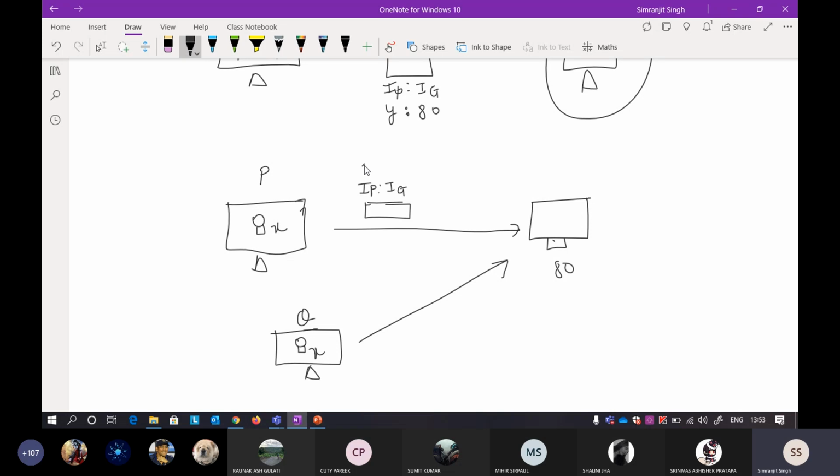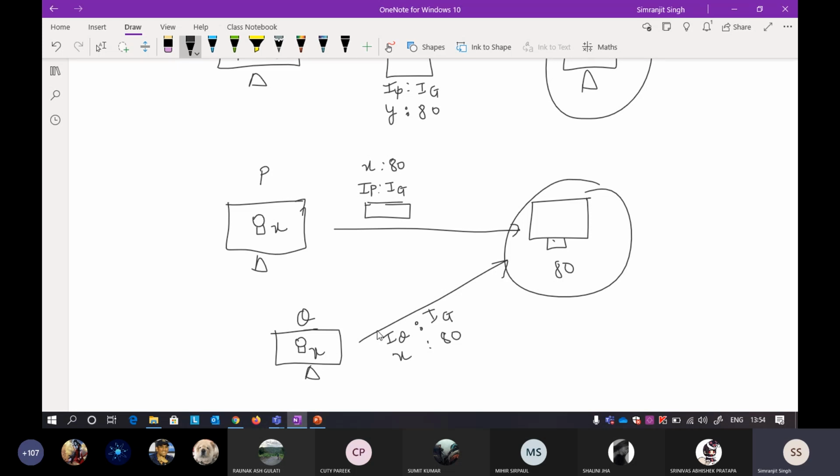The port number will be X and it will be 80. In a similar way, the source IP address here will be IQ, the destination will be IG, and the source port is X and the destination port will be 80. So this particular server can interpret that, although they have the same port number, they belong to different PCs. That is how your socket address works.